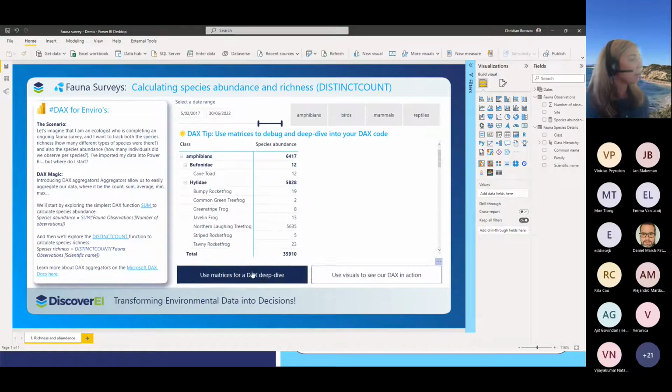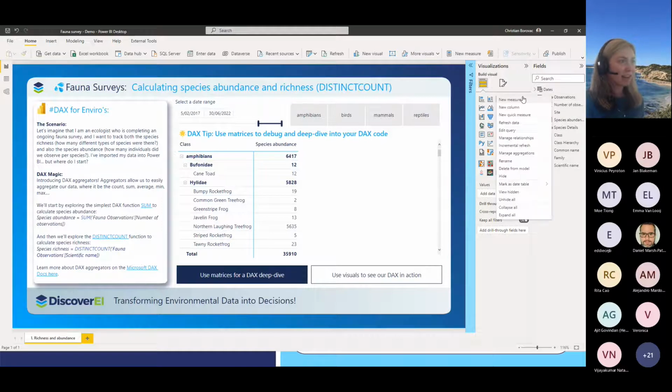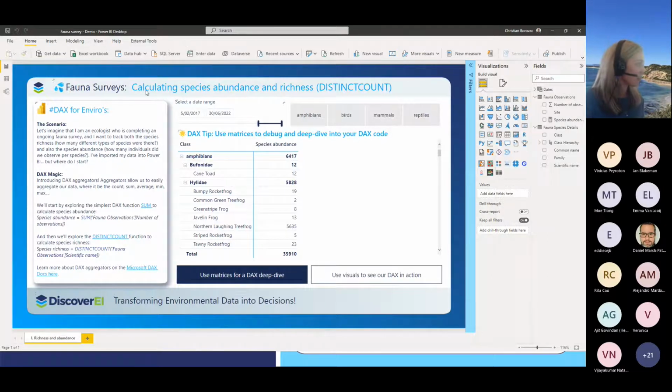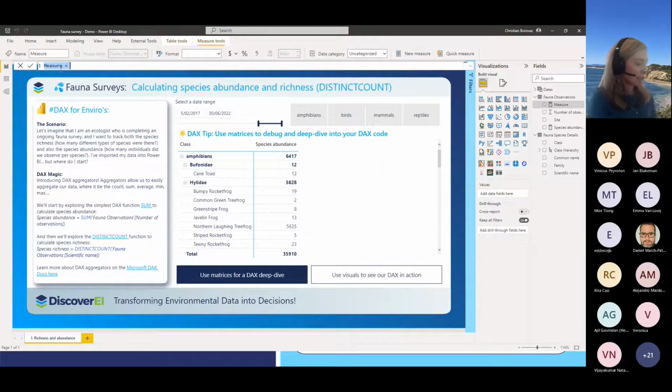If we're out at site and we spot a cane toad on one occasion, we don't want to double count it if we see it again and again. That's what we mean by species richness, sorry, not species abundance.